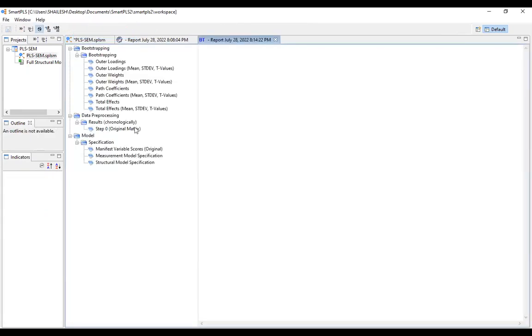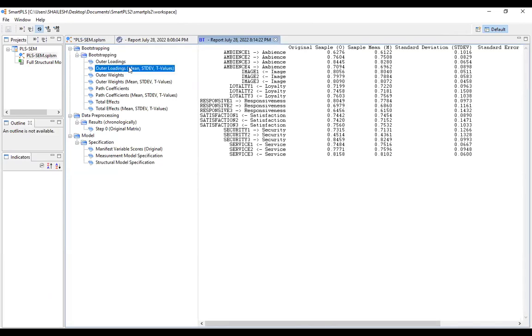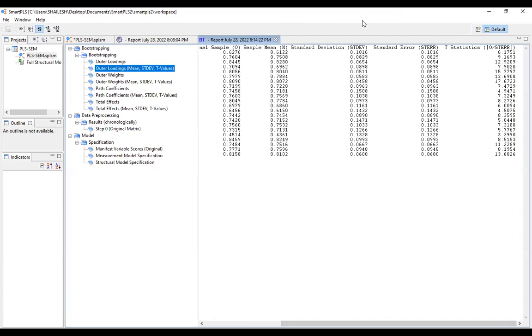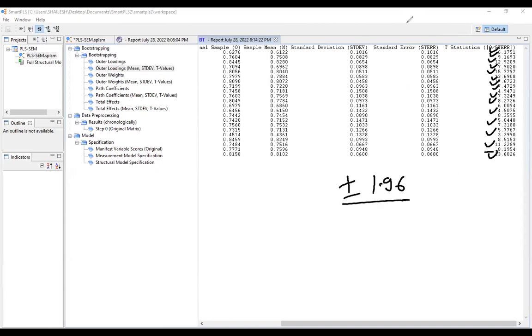Report, default report, the outer loading, mean, standard deviation, t value. T value should be greater than plus minus 1.96. So we check, it is greater than 1.96. यहाँ पे p value नहीं दी इसमें, है ना। तो यहाँ देखिए सारी values, all the values greater than plus minus 1.96, कोई इशू नहीं है ना। सारी जो वेरिएबल है कंस्ट्रक्ट है सिग्निफिकेंट।